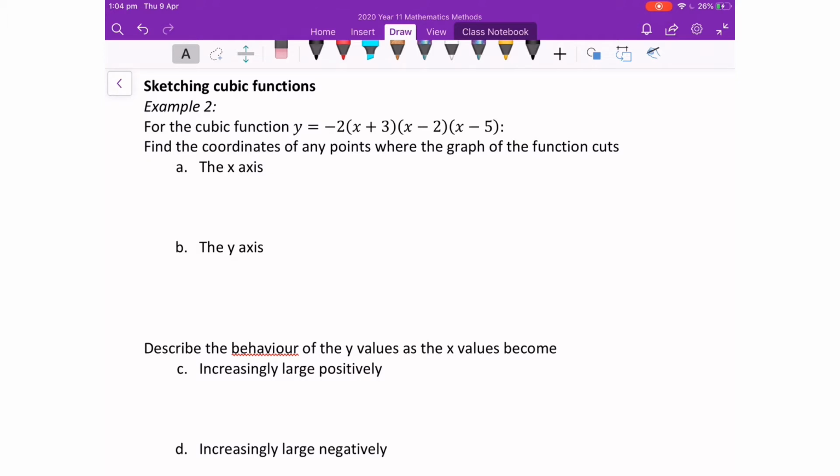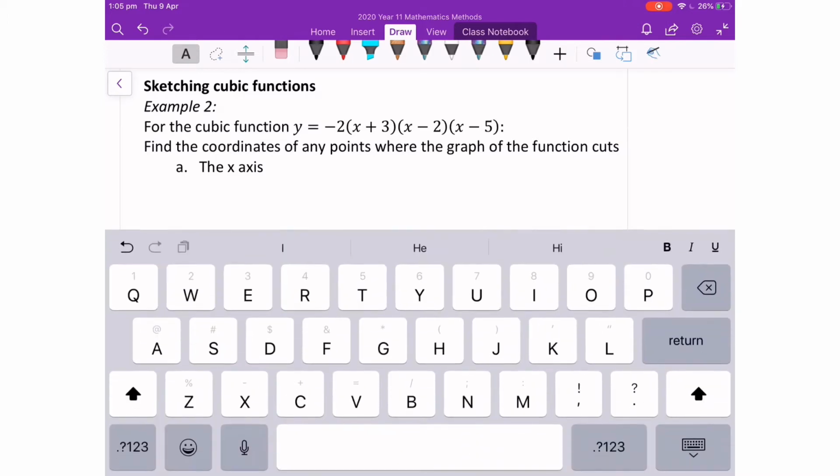So I've got an example here. For the cubic function y equals -2(x plus 3)(x take 2)(x take 5), find the coordinates of any points where the graph of the function cuts the x-axis and the y-axis. All this really is a fancy way of saying, can you tell me what the x-intercepts are and what the y-intercepts are? So to find the x-intercepts, we're going to let